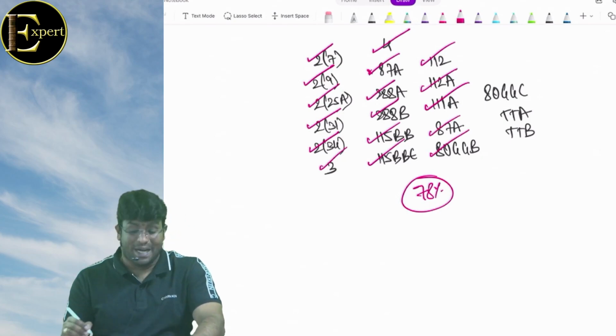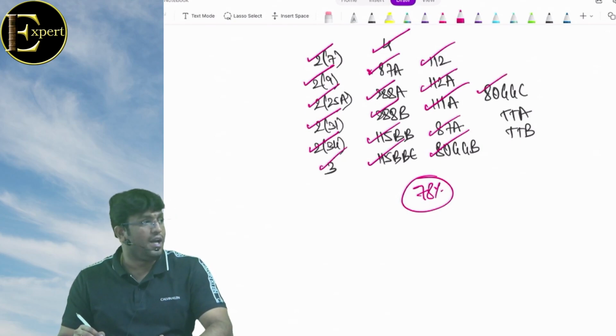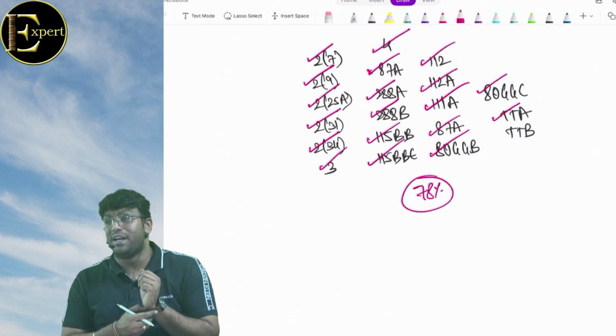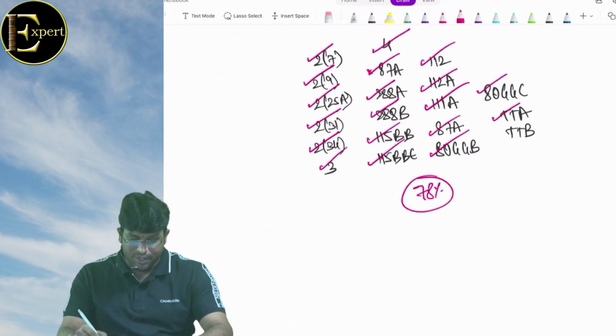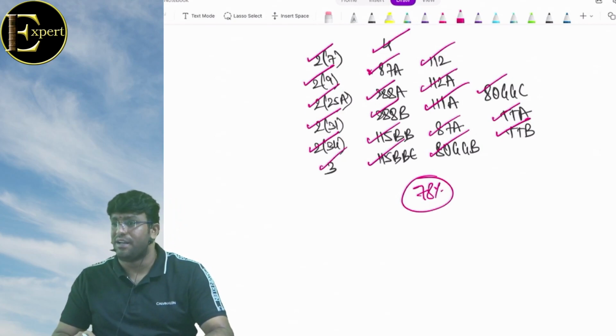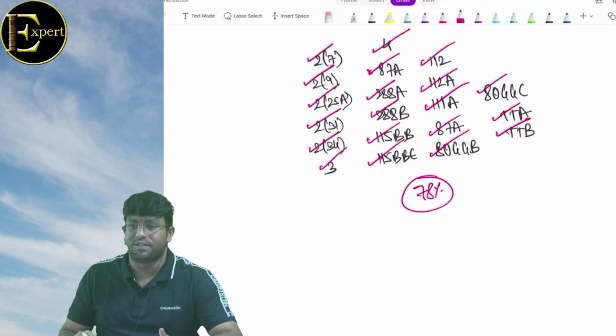Section 80GGB: contribution by a company to a political party. Section 80GGC: contribution by others than a company to a political party. What is section 80TTA? Interest on savings bank account for non-senior citizens, and the deduction is the interest or 10,000, whichever is lower. What is 80TTB? Interest on savings bank for senior citizens. Deduction is the interest or 50,000, whichever is lower.